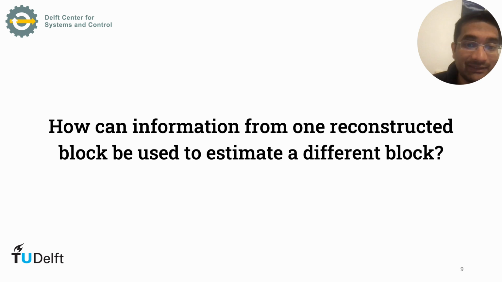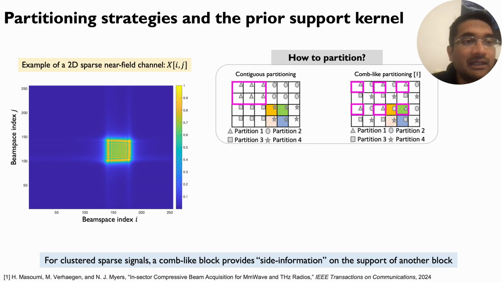Before we explain how this information is propagated in reconstructing different blocks, it's important to know how a signal needs to be partitioned into blocks. To this end, we consider the clustered sparse signals which occur in our near field channel estimation problem. This is an example of such a signal. As you see, the non-zero entries occur in a cluster. We looked at two ways to partition this clustered sparse signal. The first is the contiguous partitioning strategy,